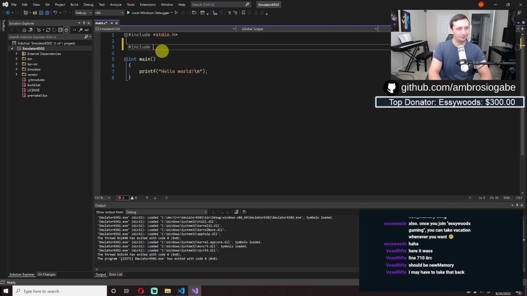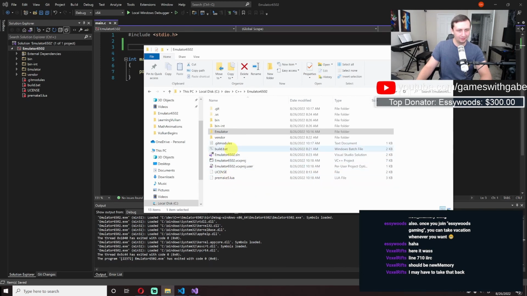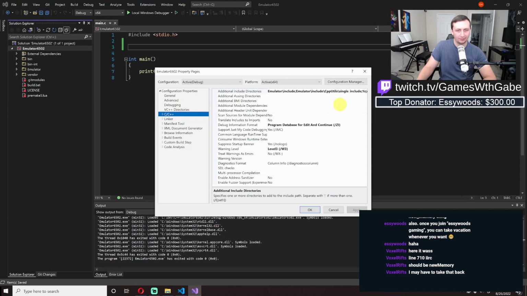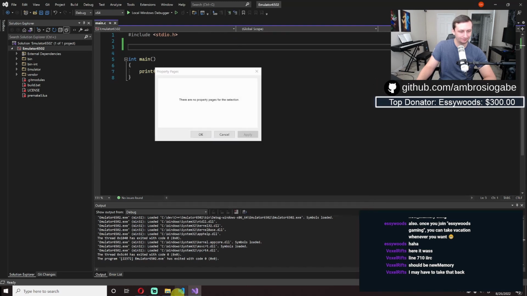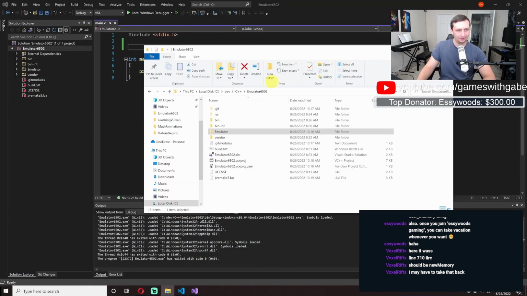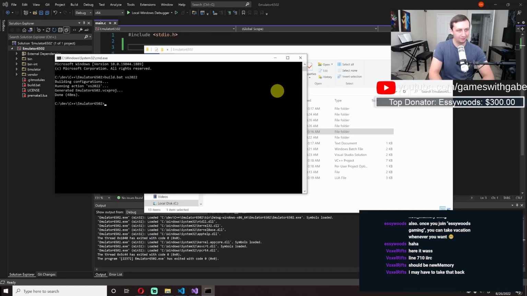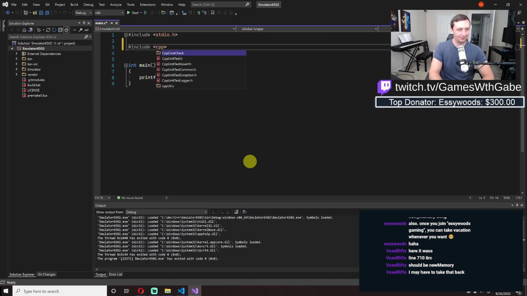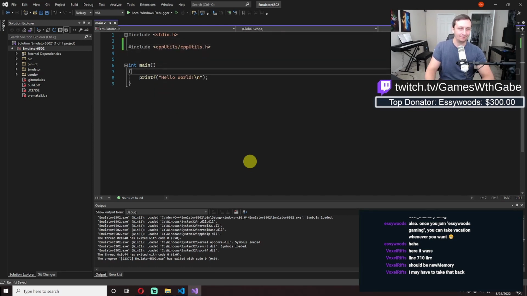No, it still doesn't want to do that. That's interesting. Double check this and make sure that I have that added as an include directory. Yeah, it's in there. Emulator/include. Oh. Cancel. There we go. We do that. And now, I promise we should be good. Include that. Okay, there we go. So now,